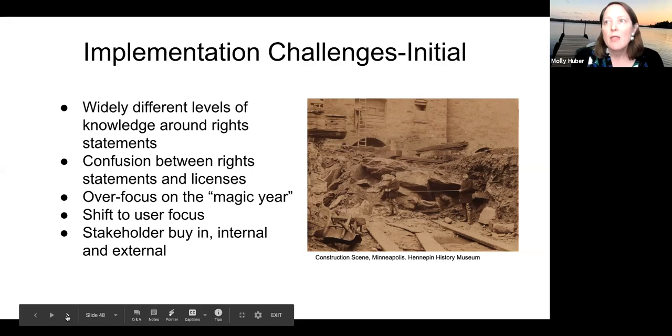And part of this, growing out of this maybe, is there's also a lot of confusion sometimes between rights statements and licenses. Greg spent some time earlier today talking about Creative Commons and what those different flavors of licenses are. And sometimes there's some conflation between Creative Commons and rights statements, but rights statements are not licenses. They're just descriptions, they're labels, they're metadata. They are just something that gives you additional information about the status of what you're trying to describe. They are not licensing use, they have no legal bindingness. That's not a real word, I know, but just to make clear that they are really just description and an